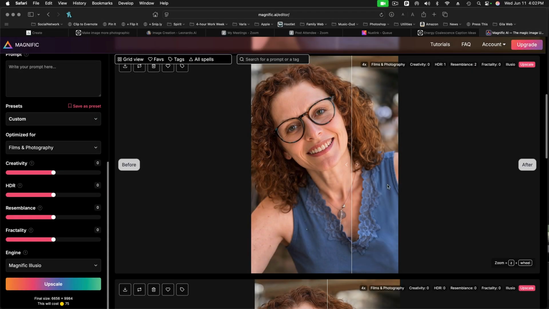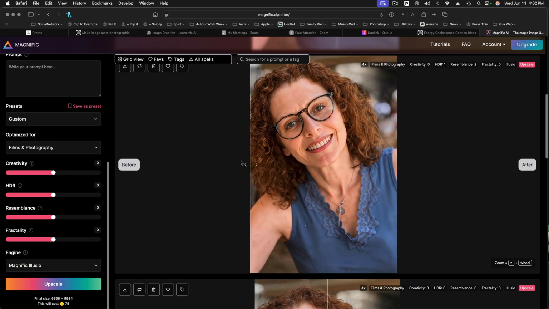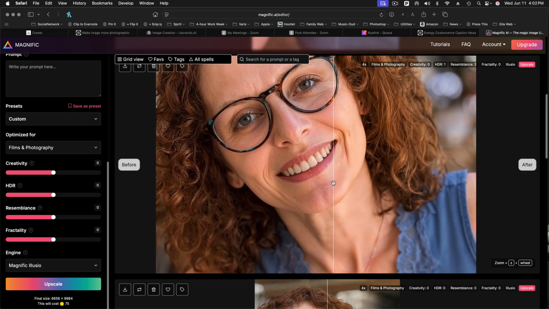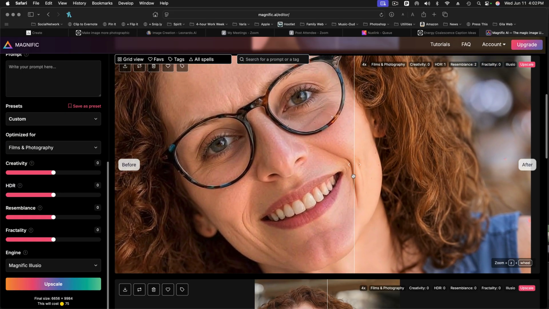Okay, here we are, and it's finally finished rendering this. We can zoom in on this just to see what we have here. If I move this little bar around, I have the before and after. Seems like it's adding some color. Let's take a look at this. Okay, so now we're going to see the effect of the extra resolution, and you can kind of see it